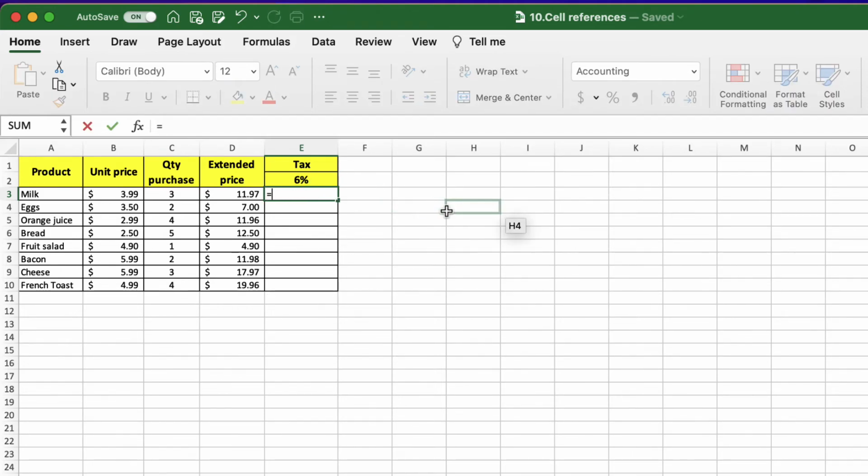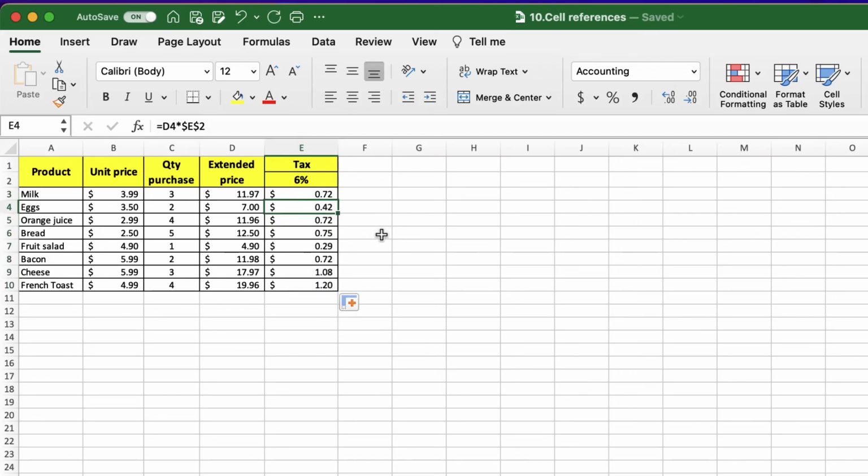Type the equal sign and select cell D3 times select cell E2 and modify the formula adding the currency symbols to the E2 portion. Press enter and then use the autofill tool for the rest of the cells. The final result is each of the cells is multiplied by cell E2.